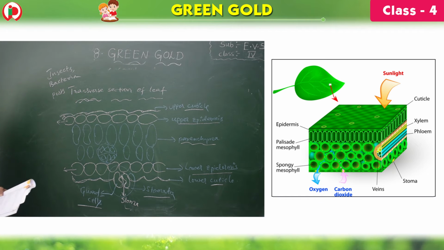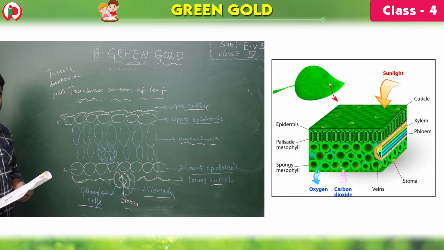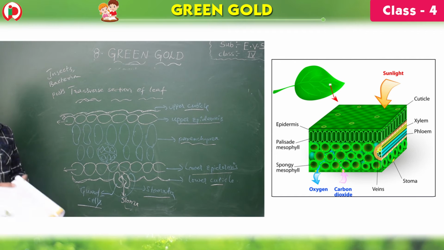So what did you learn about the leaf? One is, leaf is responsible for catching the sunlight, air and water. Leaves are of two types, simple or compound. Simple means only one. Compound means more than one attached to the petiole. And leaves have veins also, children. You know that leaves are food factories or powerhouses.